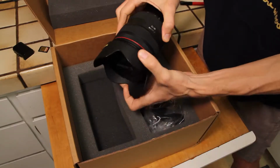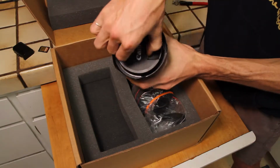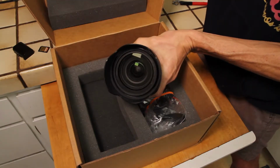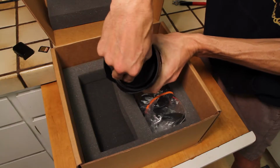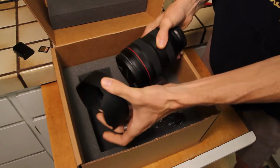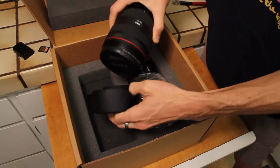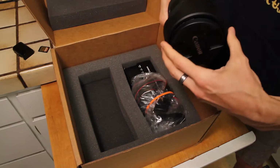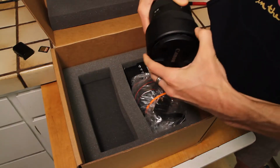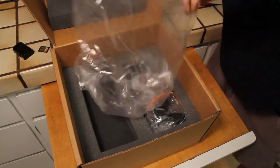Huge lens hood. Again, they got their little codes, little carvings, so you know what's yours and what's theirs. Comes with a UV filter on it, so the glass is protected. You can get a protection warranty for all this stuff for like about 30 bucks for this equipment, and probably more for like, you know, a C100 or C300 or any of that stuff. Don't get me wrong, but that was an additional 60 bucks, and I'm cheap right now,